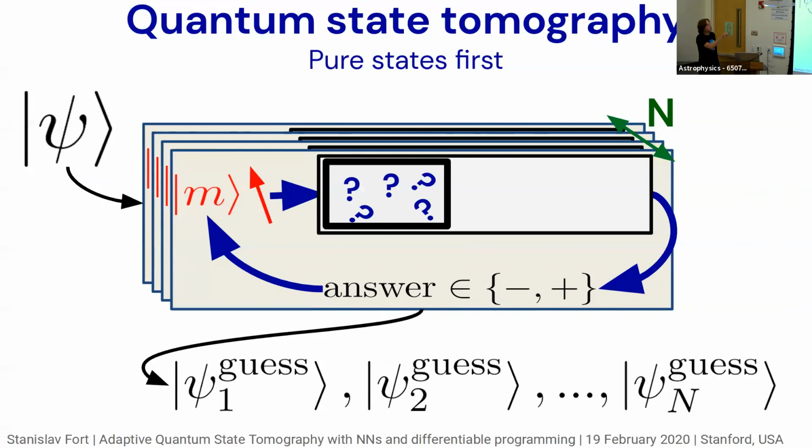There's a hidden system psi in a black box. You make n measurements on it, on fresh copies of it, so you can collapse it. And based on these measurements, you try to infer what's hidden in the black box. And it could be adaptive, so every step you can use the knowledge you already gained in the previous steps to design a better measurement that probes the nature of the system inside, given your now posterior from the previous step about what you believe is inside. Or you can just choose random measurements. And in some settings, the random measurements are enough, and in some settings, adaptivity helps you.